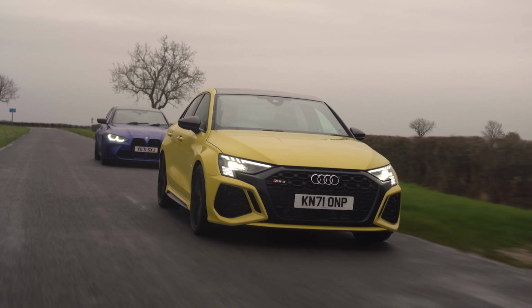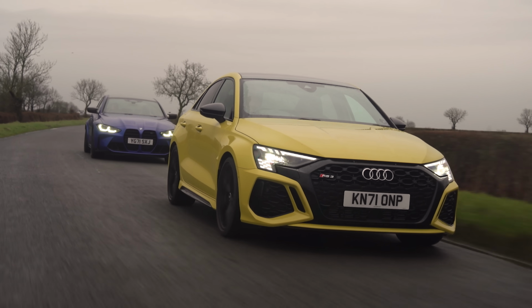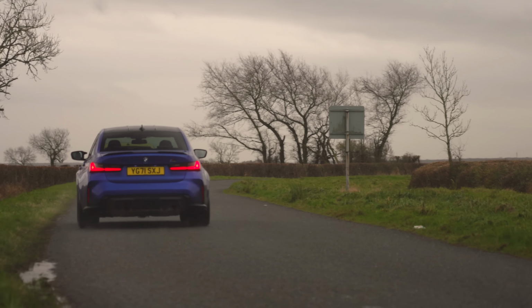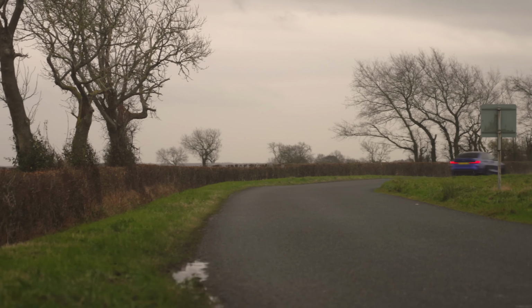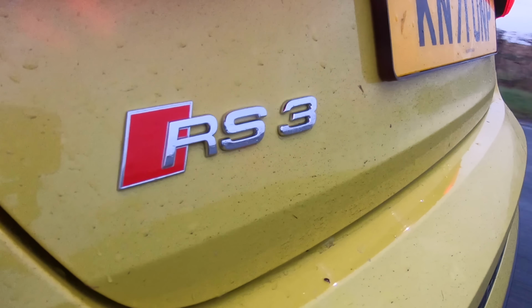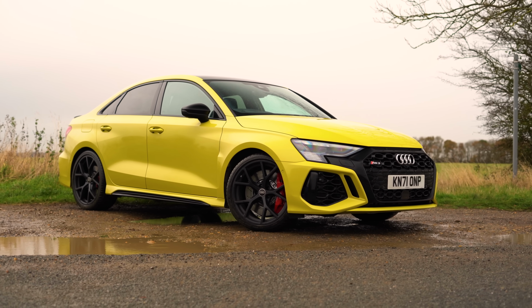Welcome then, folks, to the second generation Audi RS3 Quattro Saloon. This one gets the same peak power actually than the last car got, but a little bit more torque. The headline news is in the driveline, so this is the first RS3 that's got a proper torque vectoring rear differential. It's also got optional carbon ceramic brakes, adaptive dampers. A lot of the stuff you might want on a proper full-sized, full-fat super saloon, you can now have on